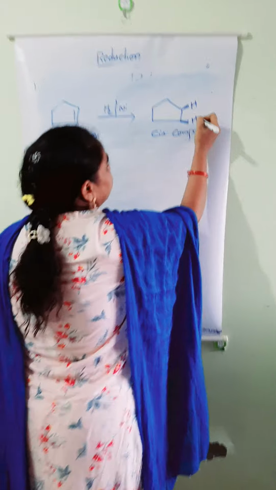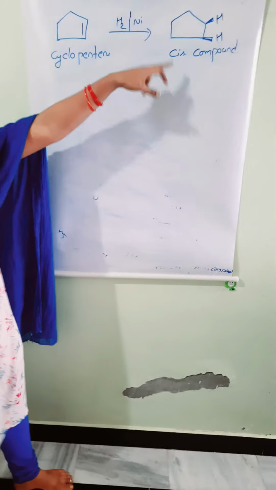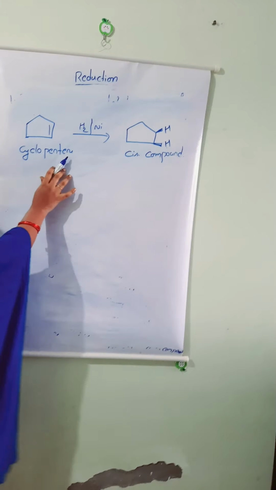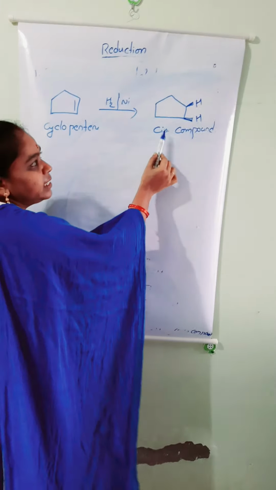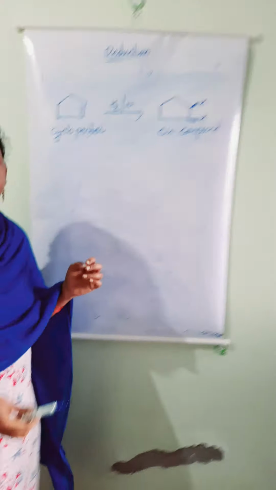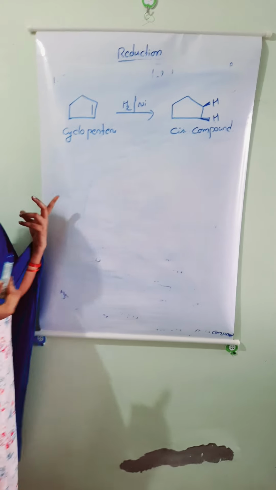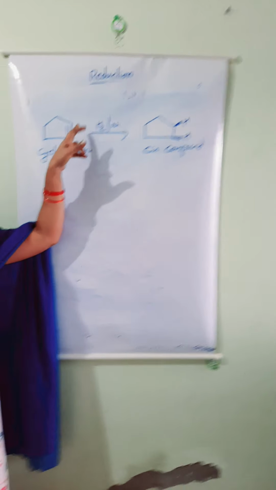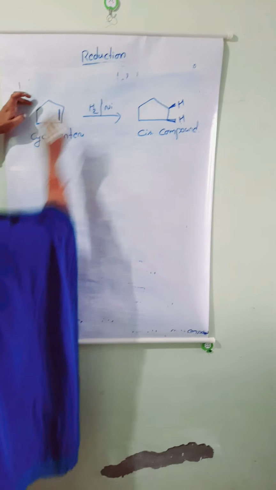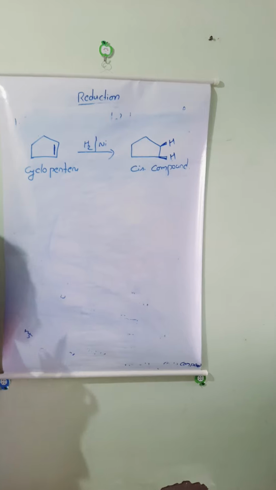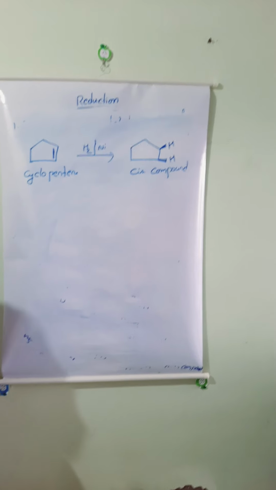So here hydrogen is added, and cis cyclopentane is formed. Addition of hydrogen always takes place on the same face of the pi bond and it gives the cis product. But sometimes trans product